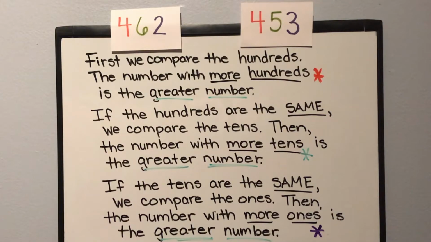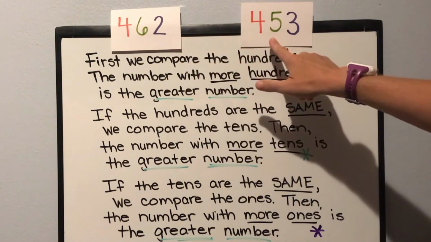Let's remember that we can compare numbers to find out which one is larger or greater than the other. We can also compare them to find out which one is smaller or less than the other. And sometimes the numbers are the same, which means they are equal. Let's take a look at two numbers,